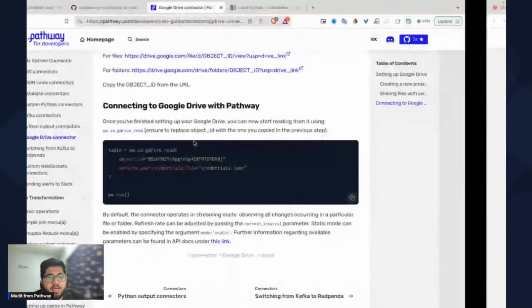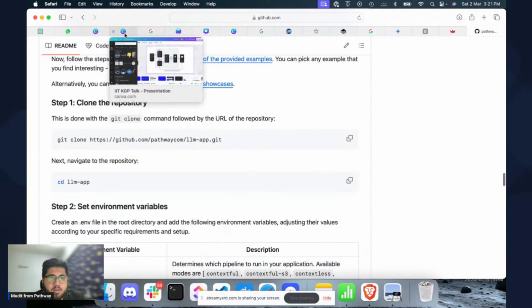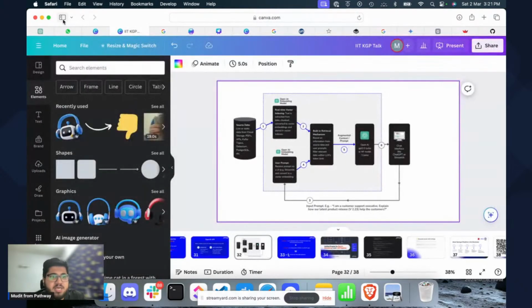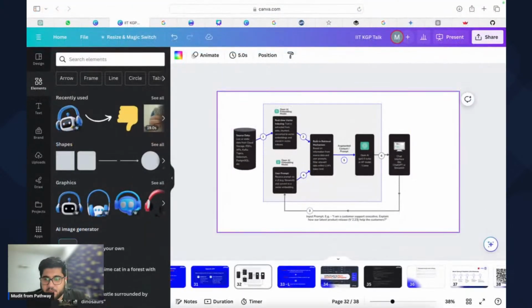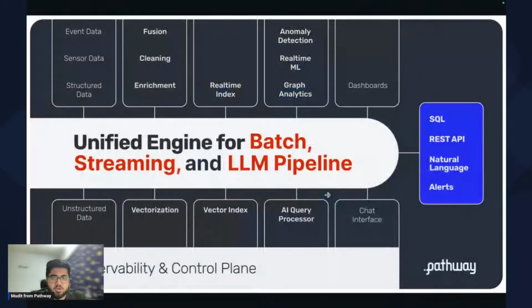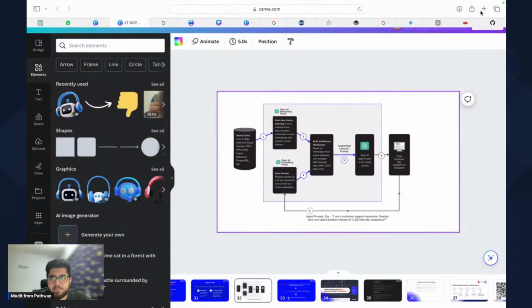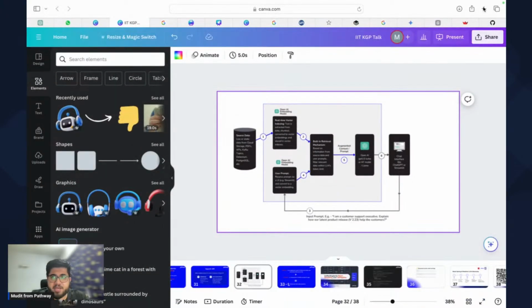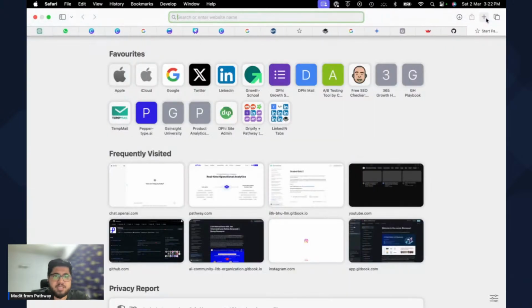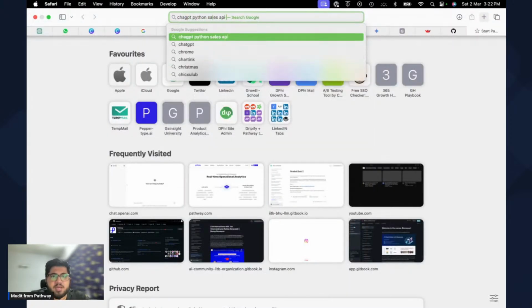Okay, let's go back to this. Sorry for my unorganized tabs. So this is what we saw, how we would typically end up building this particular thing. And in this case, the Amazon application that we saw, how the person has built it, I'll also show that repo. I'll post the link here on the chat, or you can Google it as well. It's called ChatGPT Python Sales API mobile, something like that. I think it should come up.